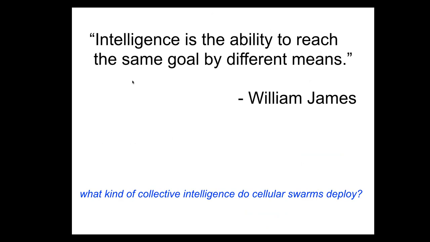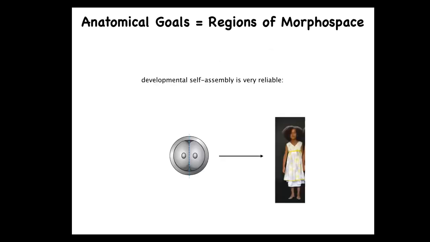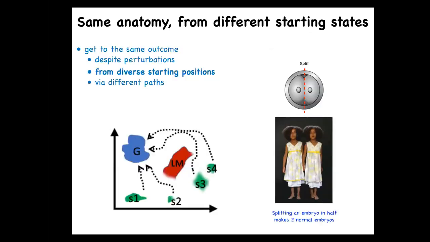So let's talk about this notion of the collective intelligence of cells. What can they do? What are the collective kinds of problem-solving capacities? Well, the first thing is that while embryogenesis is reliable, and so most of the time you get this, it actually isn't hardwired. So we all know that if you cut early embryos into pieces, you don't get half bodies, you get normal monozygotic twins or triplets or whatever. And so there's this ability to reach this goal state, which is the ensemble of states in anatomical space that correspond to normal human variation. That's where the normal human target morphology is. And you can get there from different starting points, avoiding various local minima.